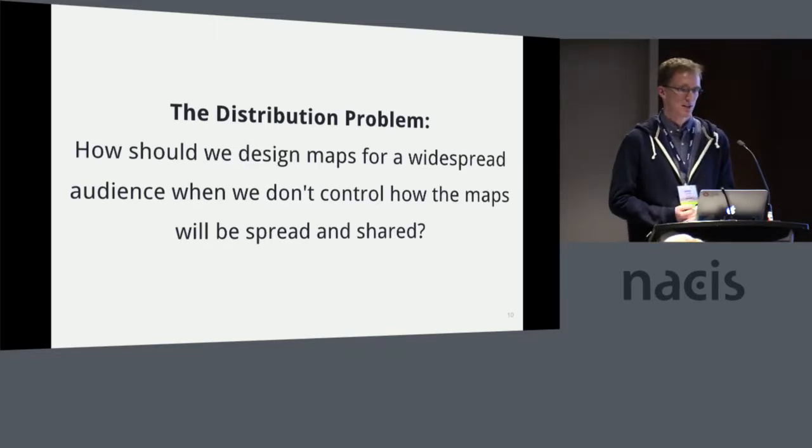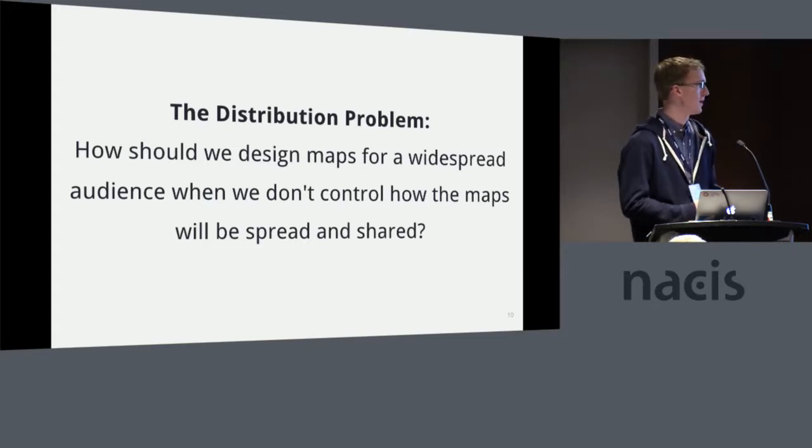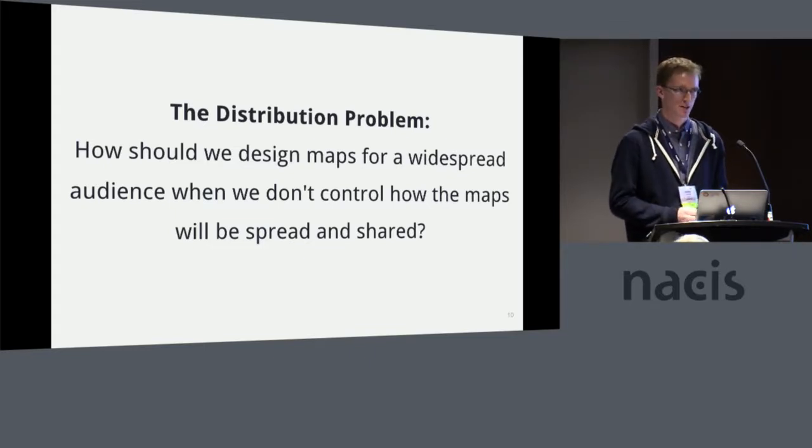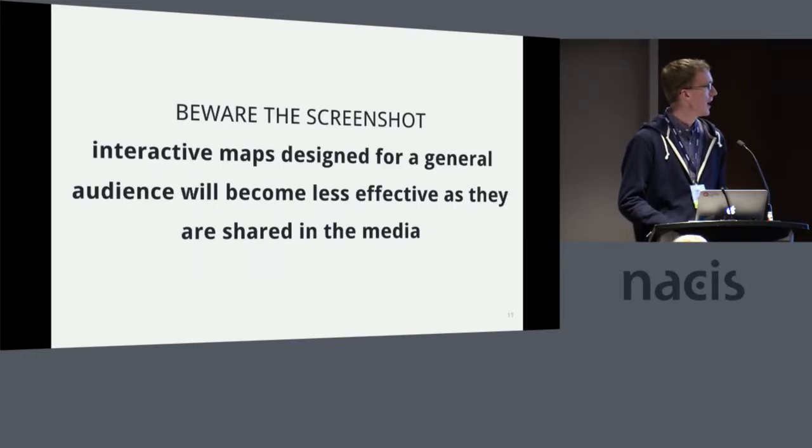What decisions can we make to design maps so that when they're shared around the internet or printed out and shared or dropped in a presentation in some community meeting, they will still remain as effective as possible? And